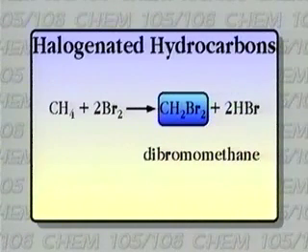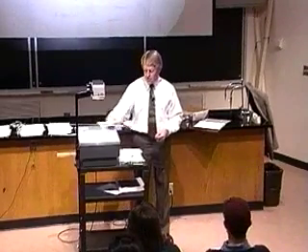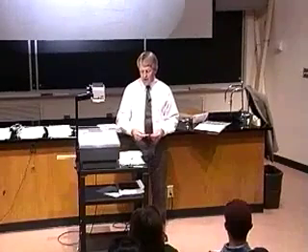Not D, a B, dibromo for bromine, dibromomethane. So notice we still use the basic name of the hydrocarbon from which it was produced, and then tell what things have been attached in place of the hydrogens that were previously on the hydrocarbon. 2 bromines on a methane. And in order to put them on the methane, we have to take 2 hydrogens off. And so there we have the chemical compound